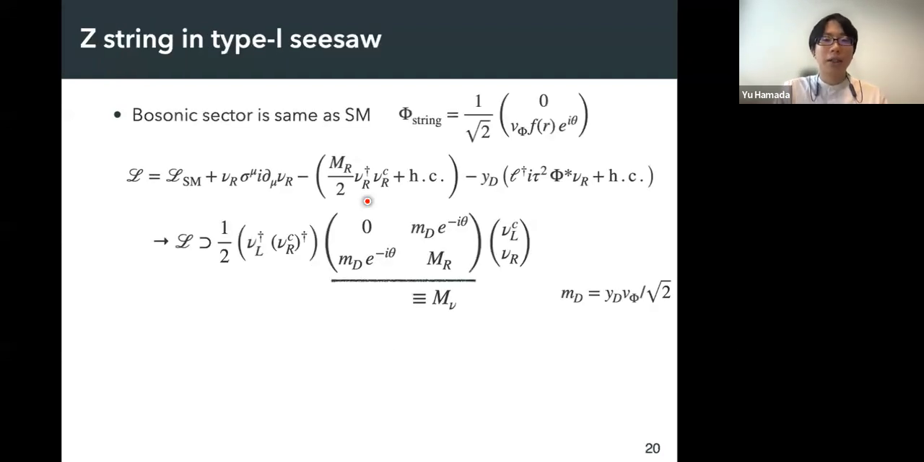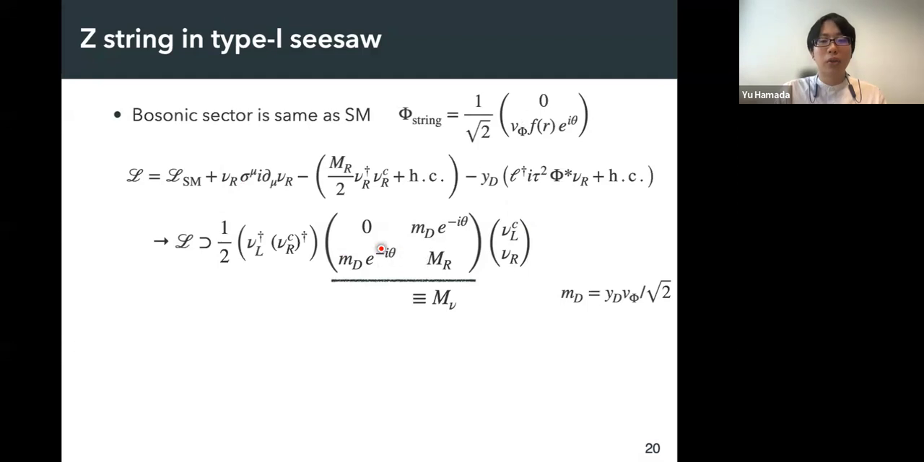And let's again consider the Z string in this setup. In this case, we only have one Higgs doublet without any other scalar fields. So we can again consider the Z string configuration, the same as before. We only have just a phase rotation for the neutral Higgs component here, and substituting this configuration into the neutrino Lagrangian, we can have this mass term for the neutrino. And we can see that